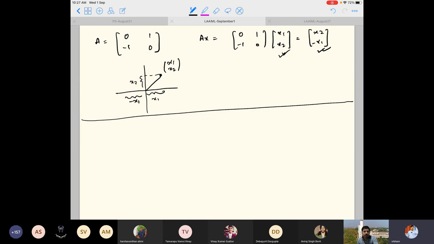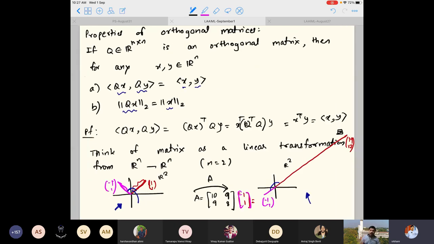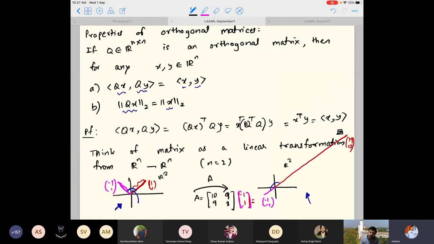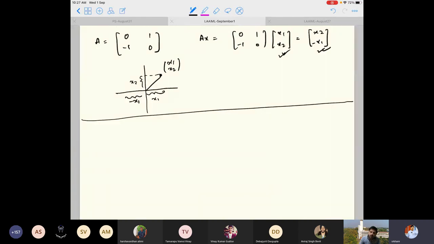This is a very beautiful property of orthogonal matrices, and this property is why orthogonal matrices are really popular in use, and this is why people do not really want to use matrices which are not orthogonal. Okay, this is important. Another reason orthogonal matrices are used over all other matrices is that, I'll just state this: